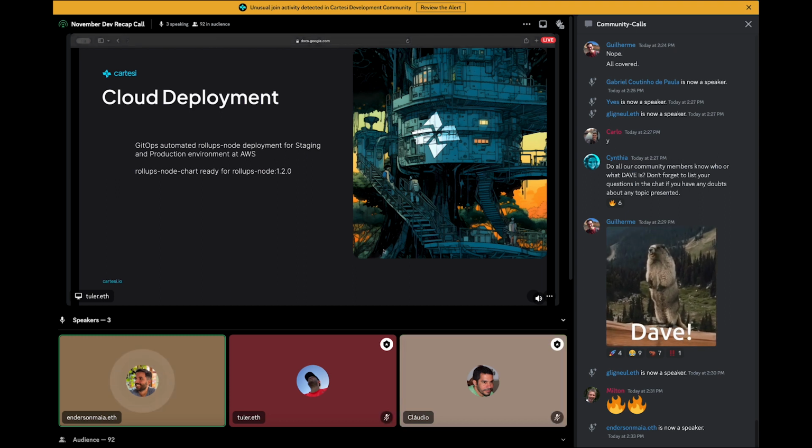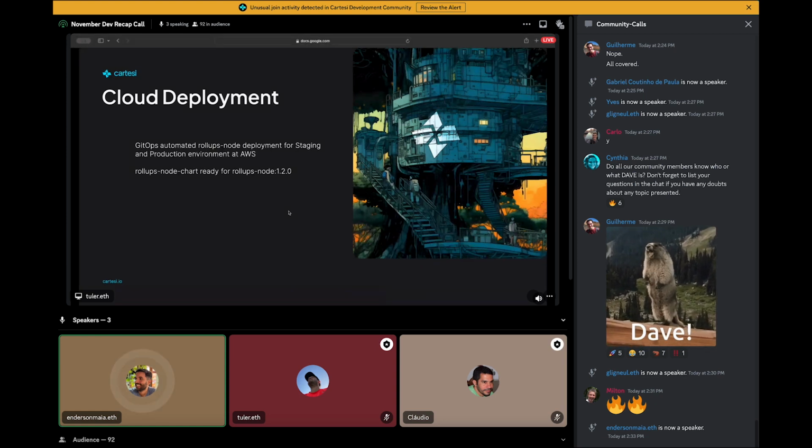Basically, we automated the process for deploying the dApps that we have on both staging and production environment. Now it's easy for us to keep it updated for the next version. That's 1.2. It's going to be a simple configuration change and everything's working. And the Rollups node chart, that's the component that we use to deploy this, is ready to the next version.